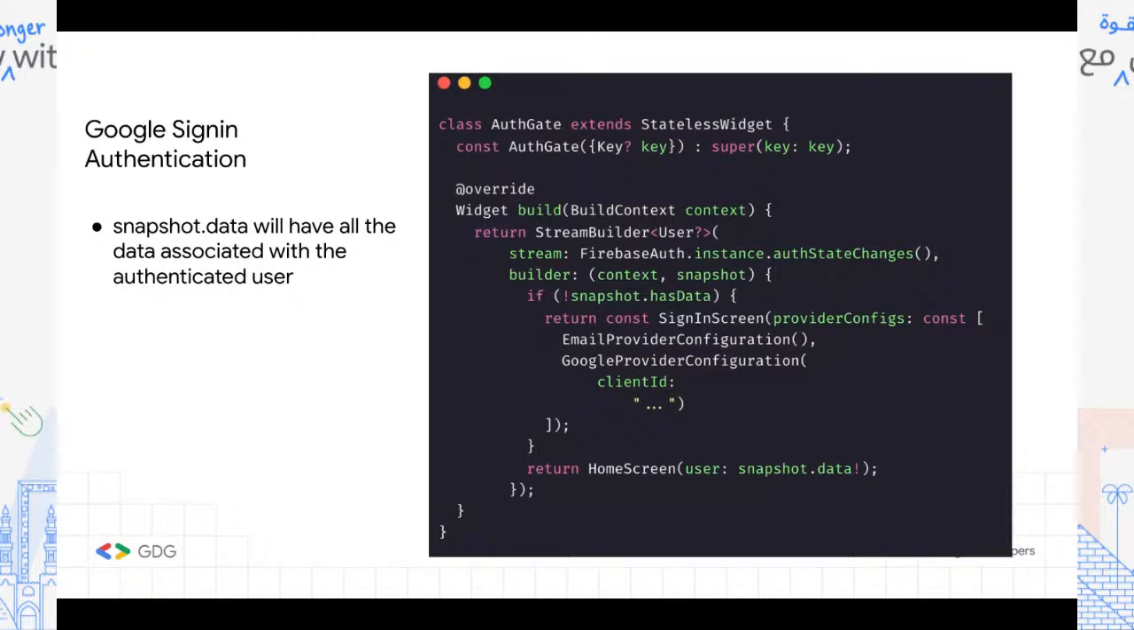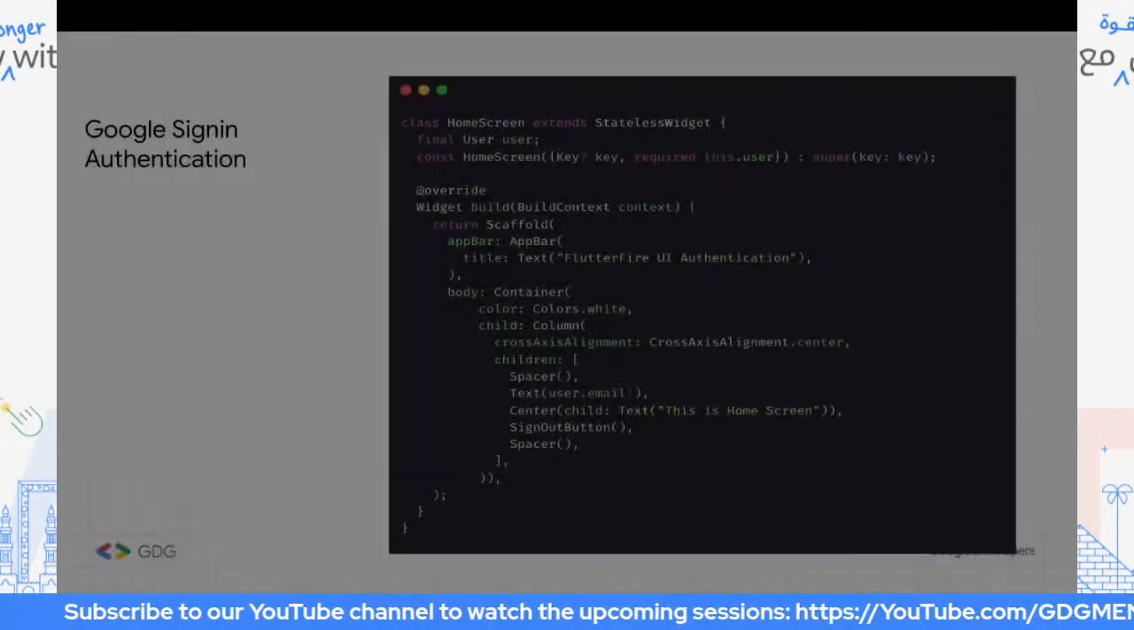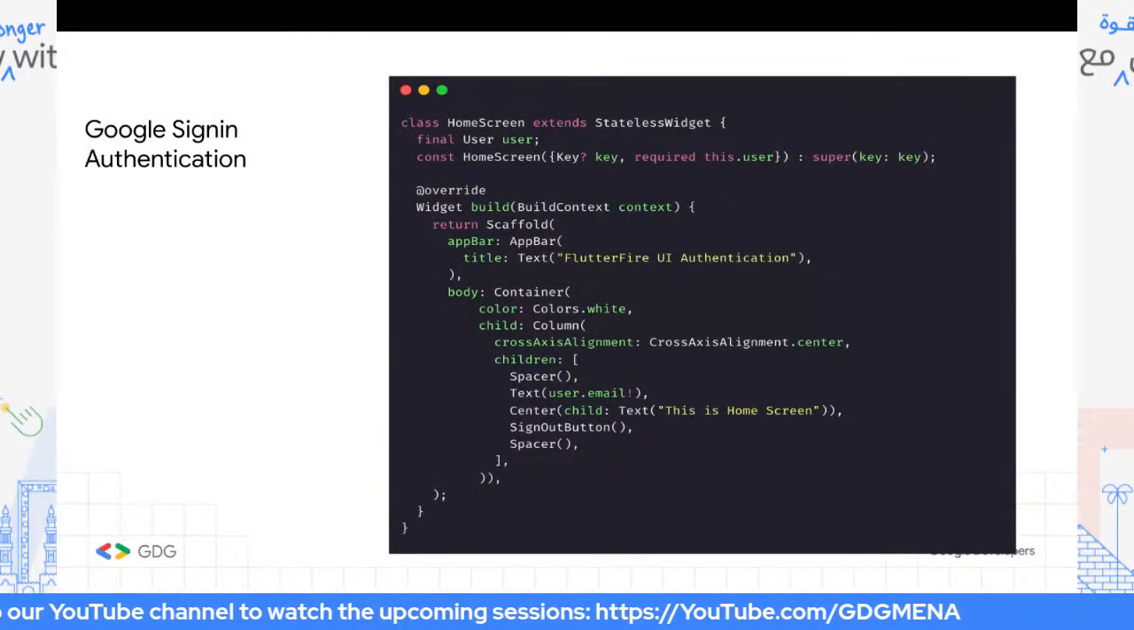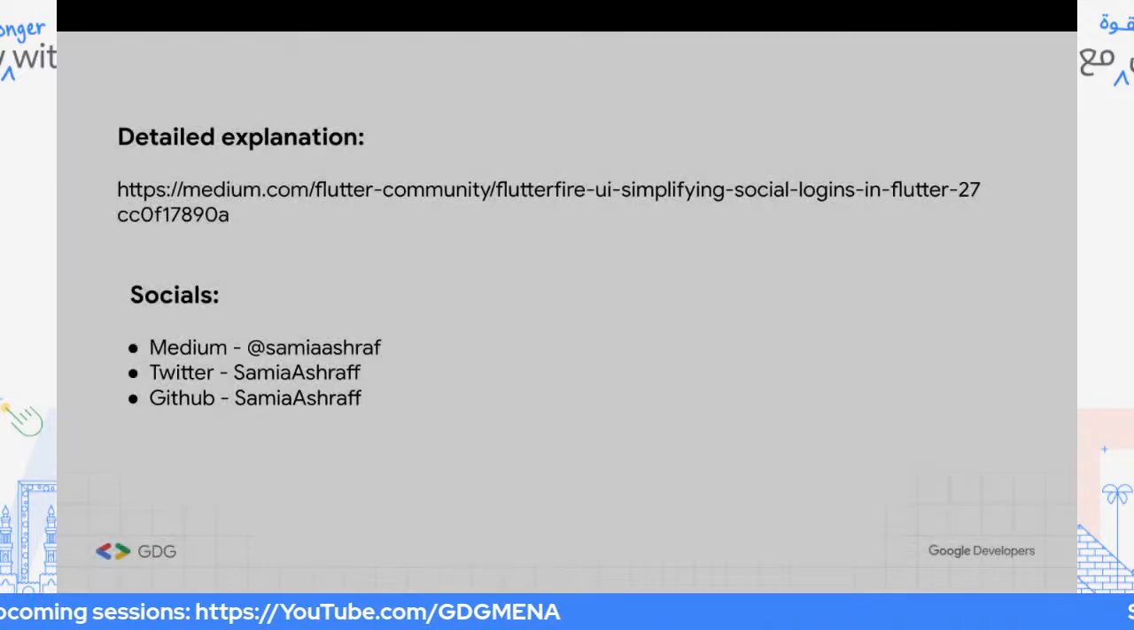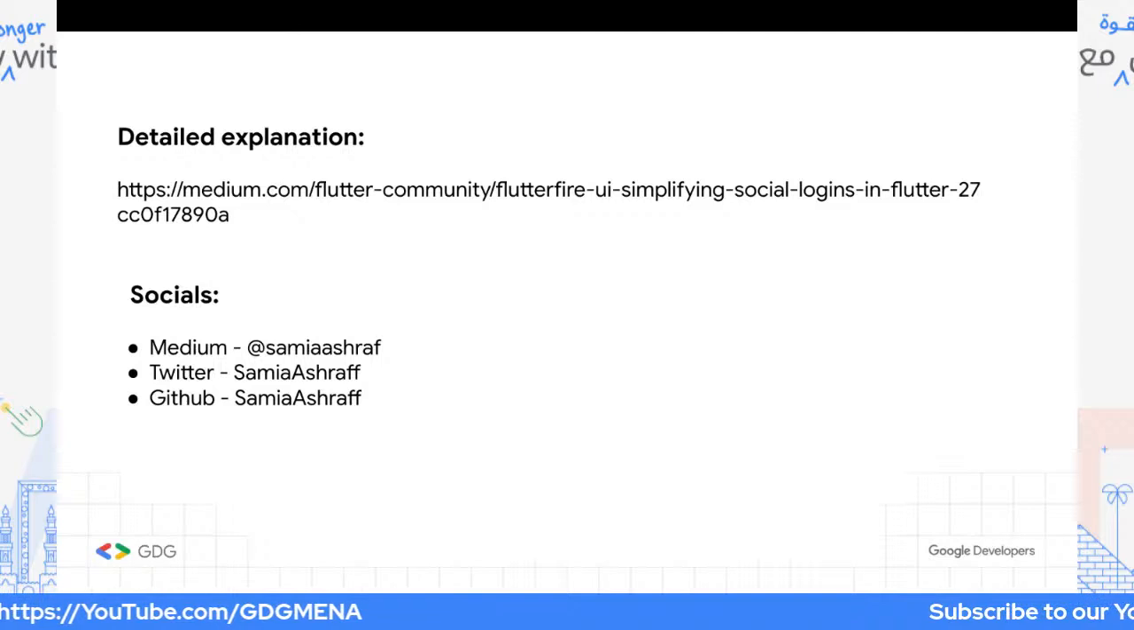Earlier, we saw the email provider configuration with snapshot.data. The same goes for the Google provider configuration as well. There are no additional steps to access the user's data. With just the same code, which says snapshot.data, you will have access to the user's data. And similarly, you can use it saying user.email. So